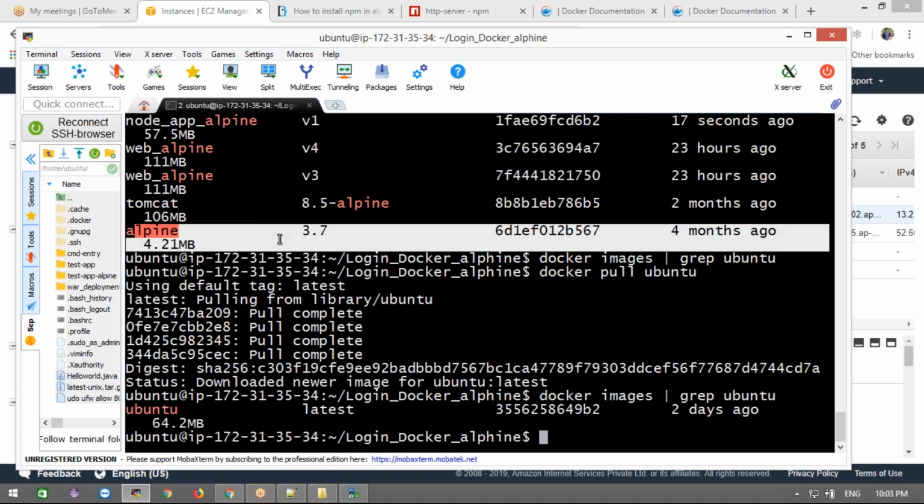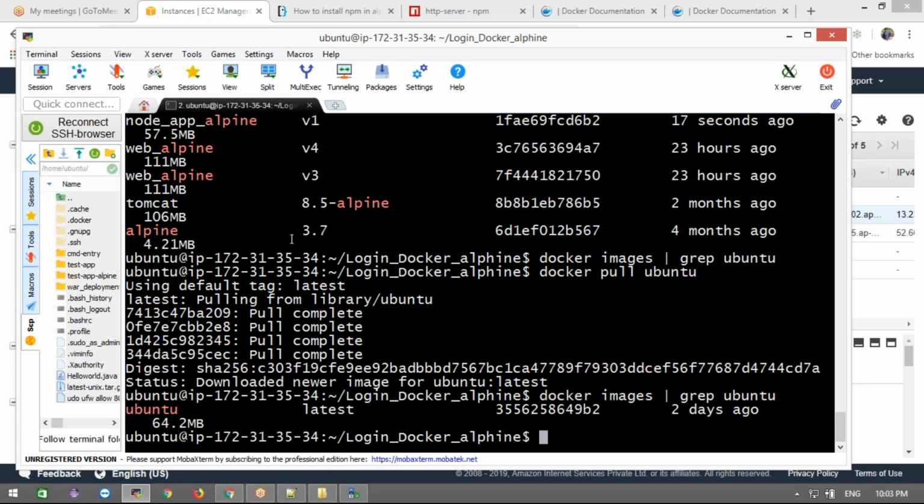If it is not there, what you must do is install the softwares we require. Okay, and that's why most of the people prefer this. In interviews they will ask which base image you have used to write the Docker files. Now we can tell them it is Alpha Linux. Okay, I use Alpha Linux most of the time. Okay, clear, guys?